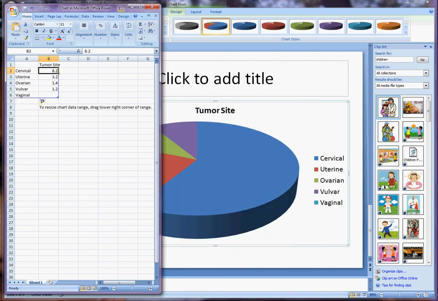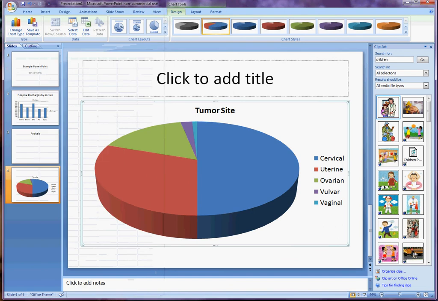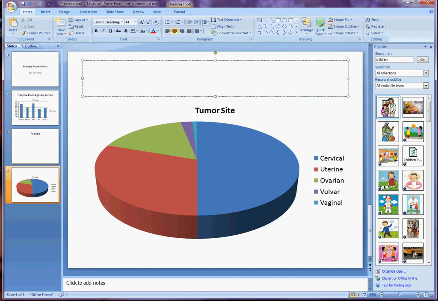And we're going to put in our percentages. And as you can see, our blue crosshairs are already including everything we want. So we can close this now that we've entered all our information. And there's our pie chart. Again, this is very plain. It's very standard. It is 100% fine to leave it this way. Let's title it